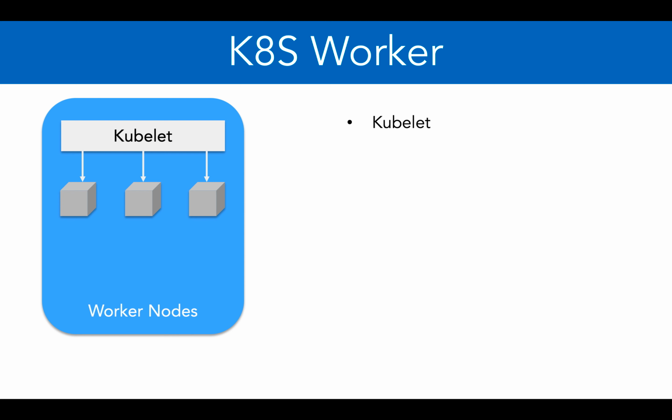Now before sending the communication to the kubelet, scheduler will check whether this worker node has the necessary amount of resources like CPU, RAM and storage or not. So if resources are there, the instruction would be sent to the kubelet and then kubelet would launch the containers in something called pods. You might have guessed that it communicates with the API server of the master node. And also kubelet communicates the state of these containers back to the API server or the master node so that any point in time the state is maintained.